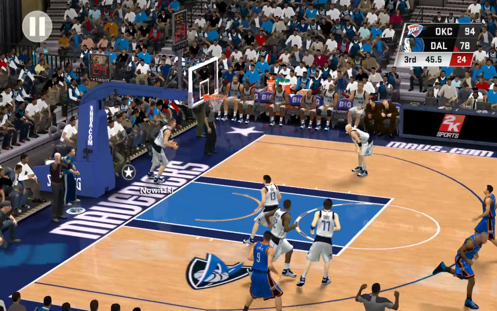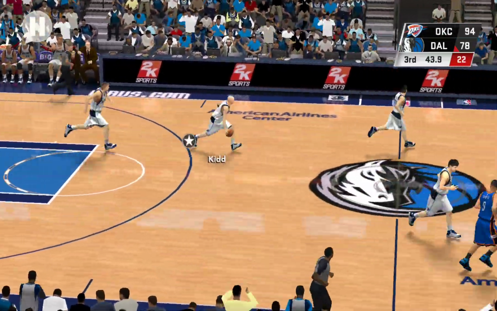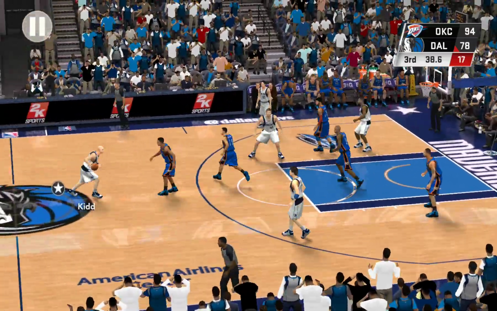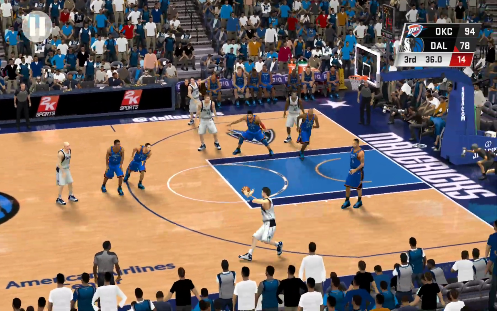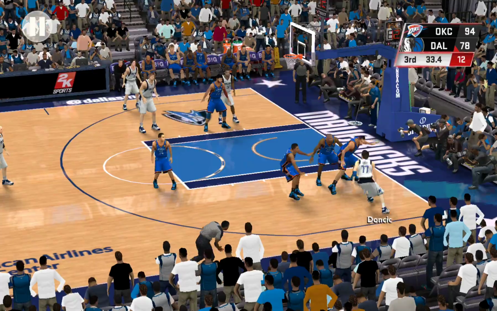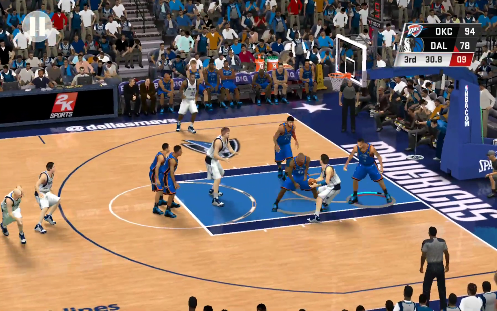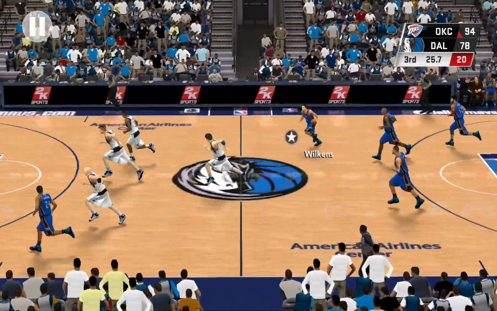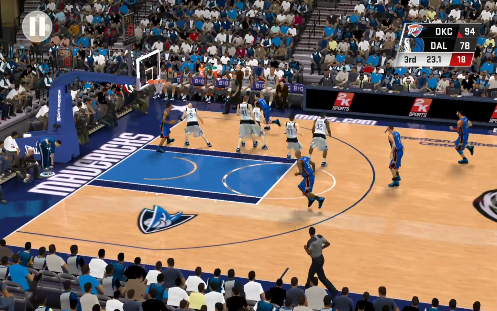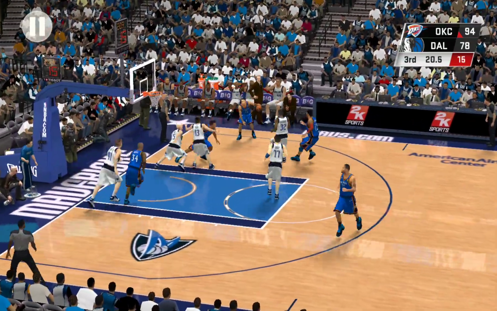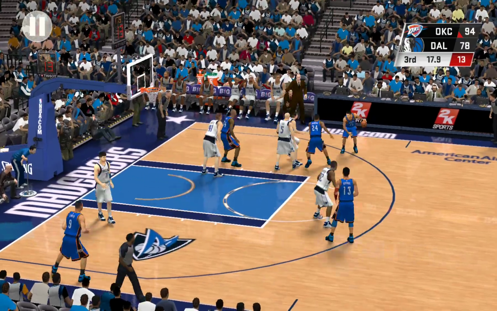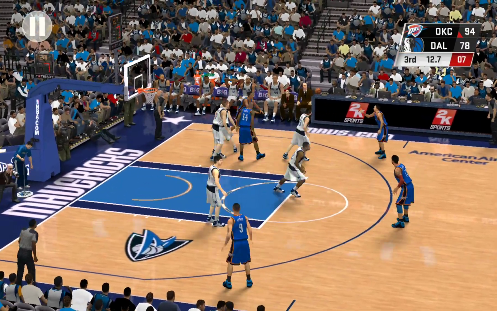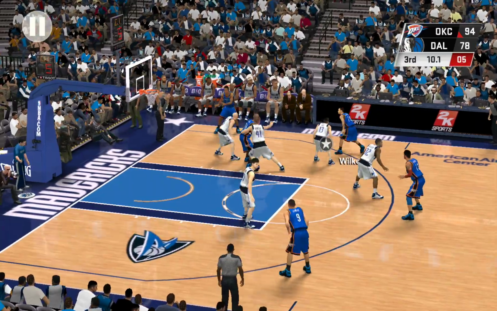Hits the three-point bomb. Now Kidd. He has 6. Doncic. It's blocked. It's a 4-second differential between the shot clock and game clock. Outside Wilkins. Pass to Johnson. Back to Wilkins. 6 to shoot.